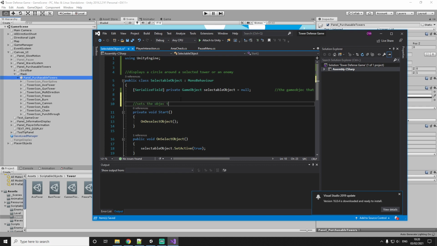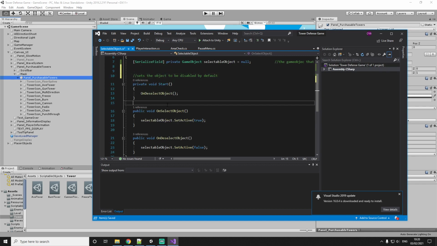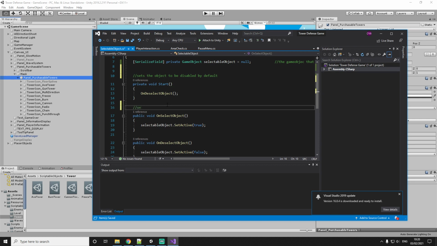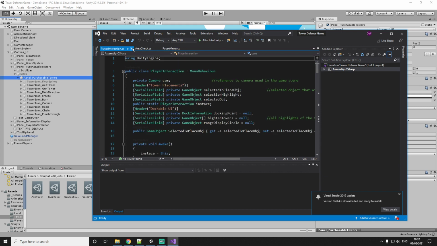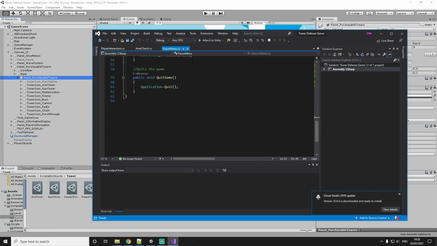Sets the object to be disabled by default. On mouse click enables the button. On right mouse click or any other interaction disables the object, like so. Very simple class. Now this is where we get to a bigger one, so let's skip this one for now